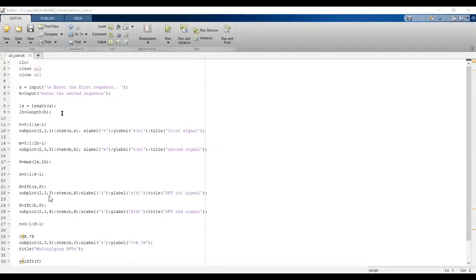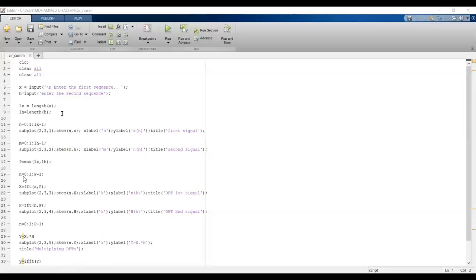For better visualization, we plot the signals by taking subplot 233, 234, 235 and 236, pointing to the third, fourth, fifth and sixth plots. Totally here we have 2 rows and 3 columns. Followed by that we give stem of n comma x.